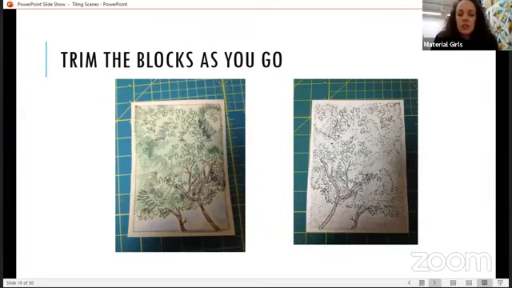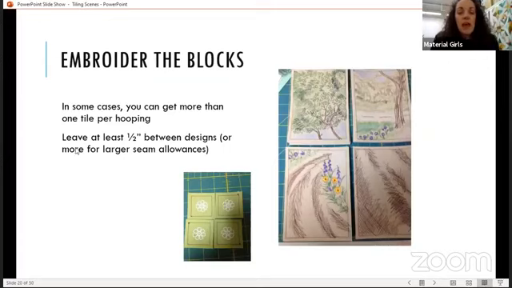Okay, so here it is trimmed. The images here again show a 1/4 inch seam, but I would highly suggest a 1/2 inch. And then some blocks, for example, like the quilts that have borders on them, you could easily put more than one in a hoop, as long as you leave a 1/2 inch to a 1 inch distance between the designs